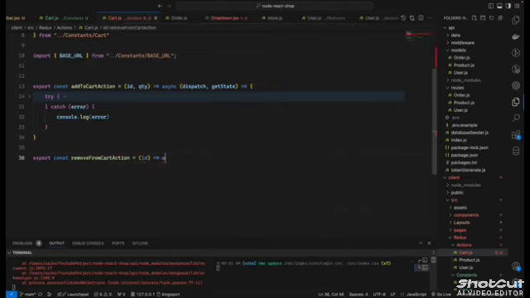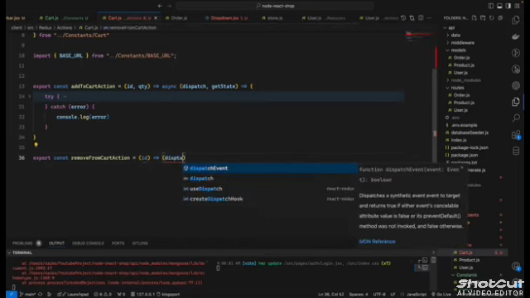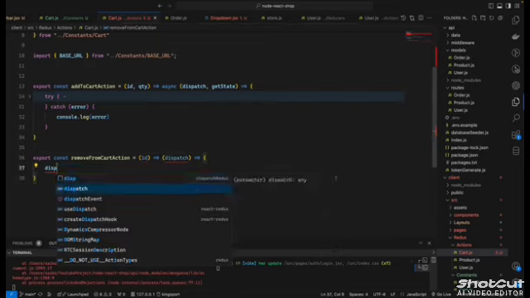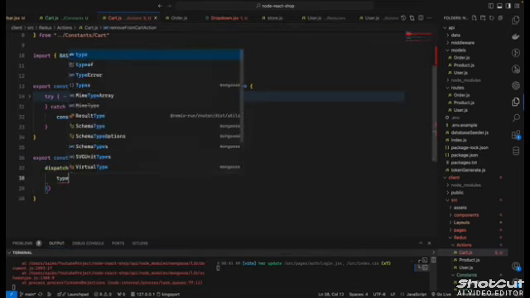I think we don't need an asynchronous function here for removing, because we only remove from the local storage. We don't need network requests. So I would say dispatch, I only need dispatch, then an arrow function. Inside we will dispatch the type will be